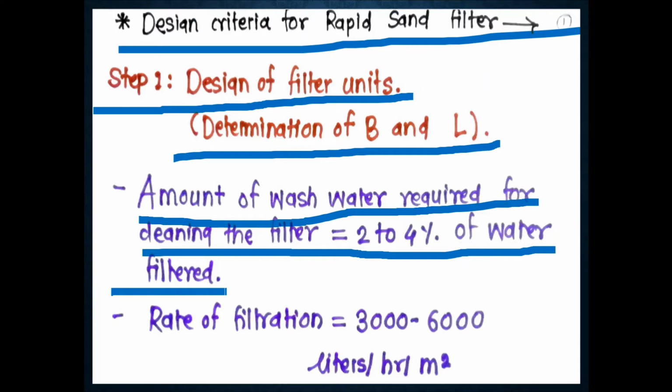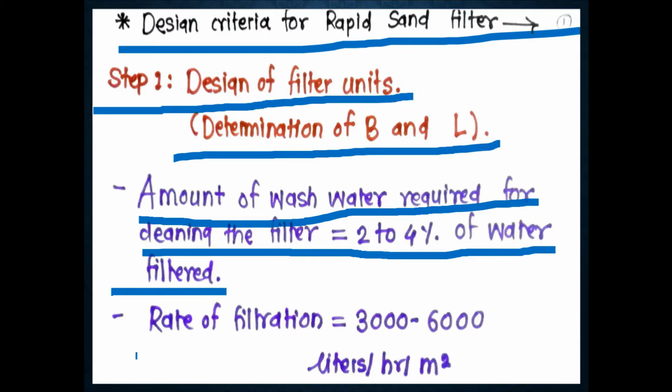त्यामुळे एक्स्ट्रा प्रोव्हिजन तिथे केलेली असते बॅक वॉशिंगची, आणि बॅक वॉशिंग साठी लागणारं वॉटर म्हणजे किती आहे, 2 to 4% of the total water filtered. जेवढं वॉटर फिल्टर आउट होणार आहे त्यातला 2 to 4% जो व्हॉल्यूम आहे किंवा पार्ट आहे तो कशासाठी लागणार आहे, तुमच्या बॅक वॉशिंग साठी लागणार आहे. Okay, that you have to assume.